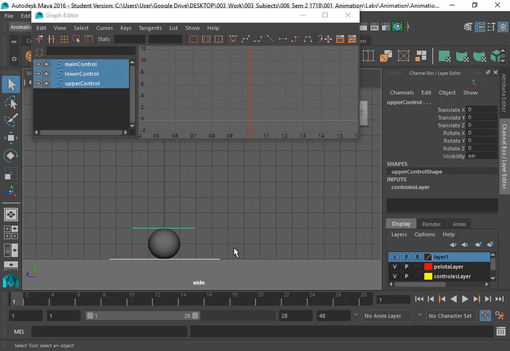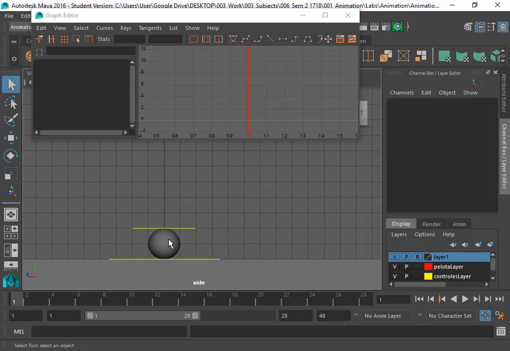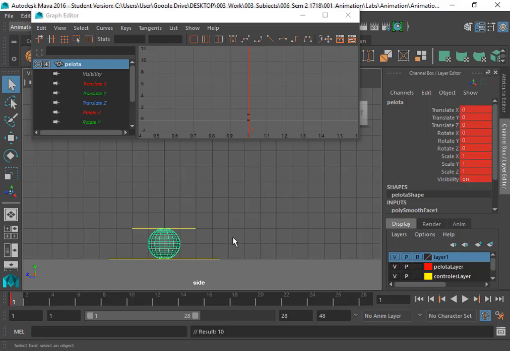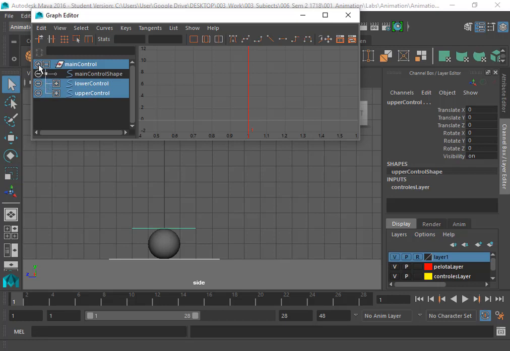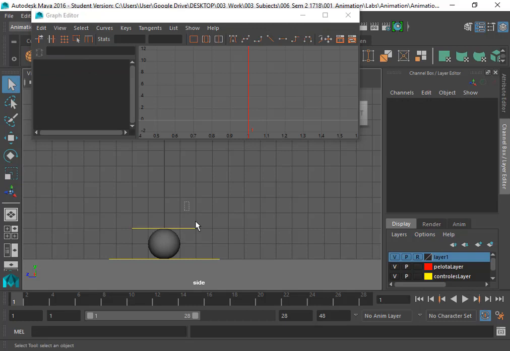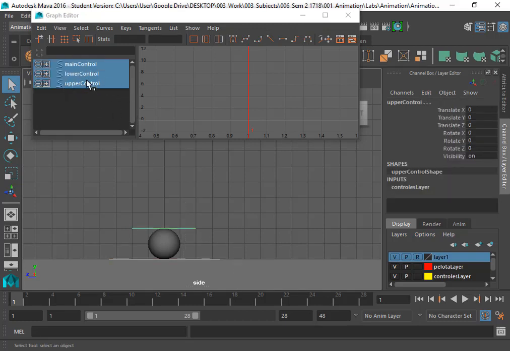Okay, then we can be sure that whenever we do something like that, we are just selecting the controls. And when we're animating using a rig, it's important not to select the mesh and key that as well. We don't want keys on the mesh. If you look at that icon, that is how the mesh looks. So I'm going to undo that. Only set keys on these three: main control, lower control, upper control. Alright, and if I expand that, okay, there's no keys yet, so I can't really show it to you. But the idea is